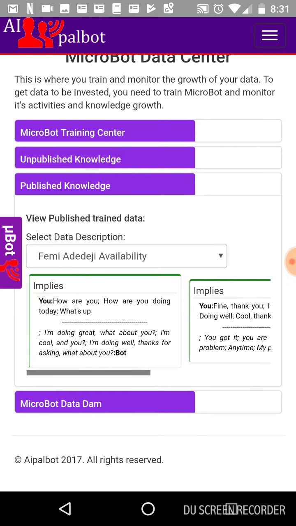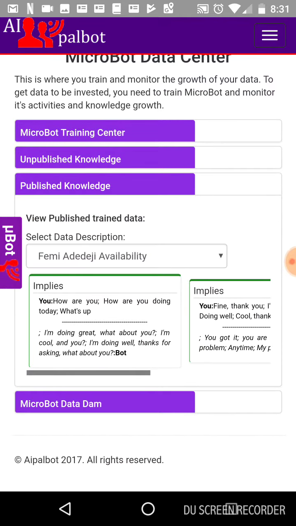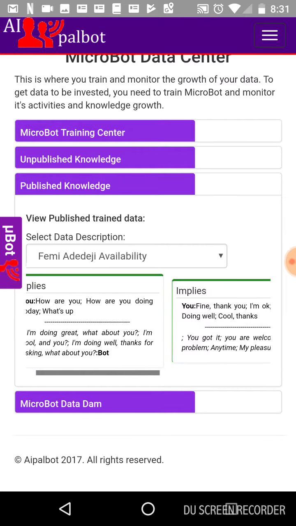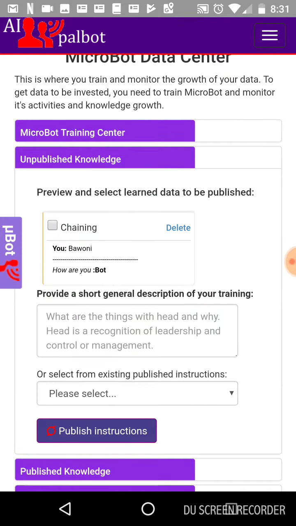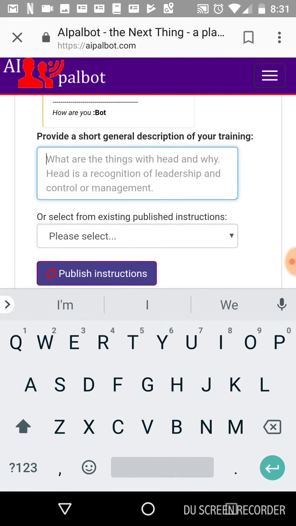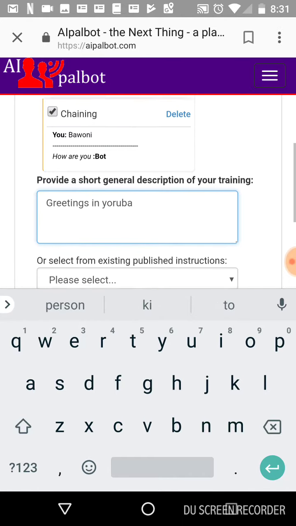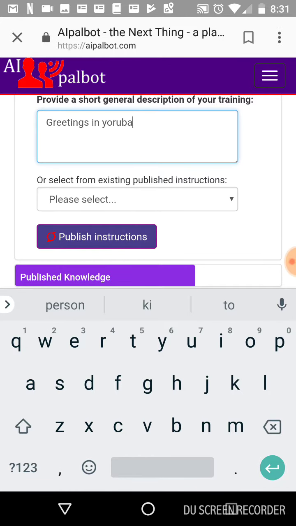So for us to be able to get the new chain word to chain it to what we have here, we want to publish it. So let's publish it as greetings in Yoruba. And I could publish this. So once I publish it,